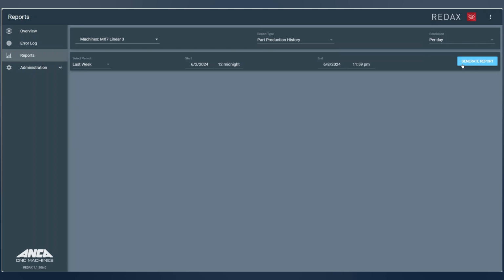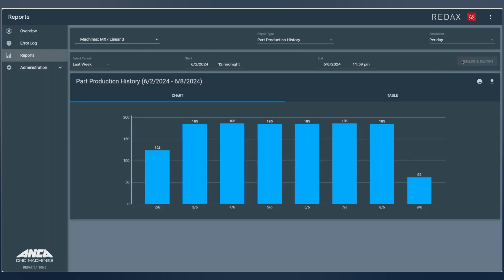In addition to the normal part production, the history provides us with the information in third resolution so that we can display the production per days, for example. With Generate Report, we can have the data shown. The report now shown can either be printed or exported as a CSV.